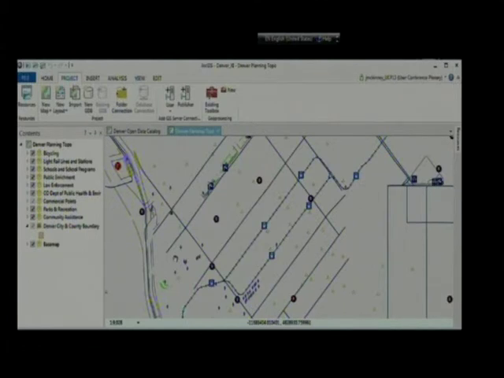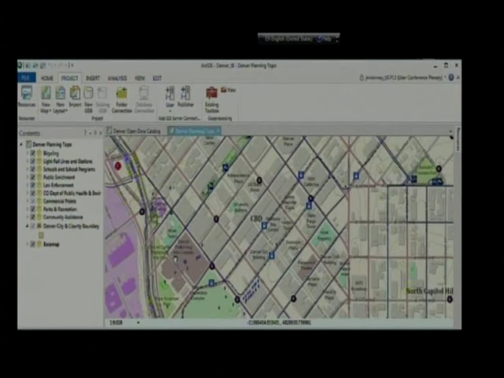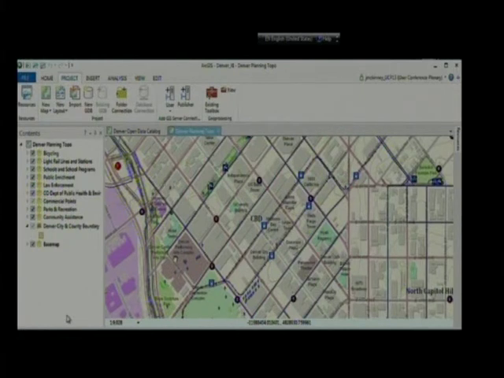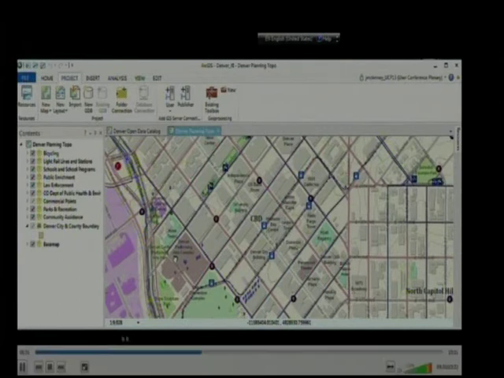The other question I hear is, well, what else is new in the application? And there's lots of things that are new, and I've shown you a few already. But what's really important is there's lots of things that are familiar and simplified. If you can use ArcMap, you can use ArcGIS Professional.